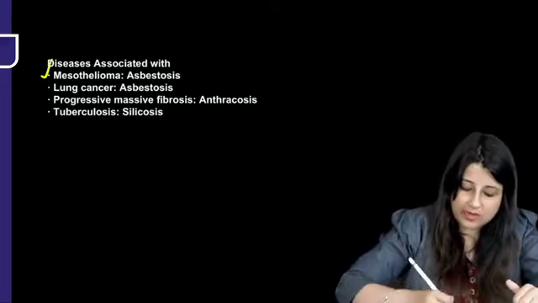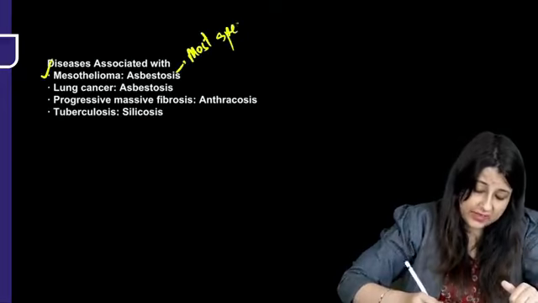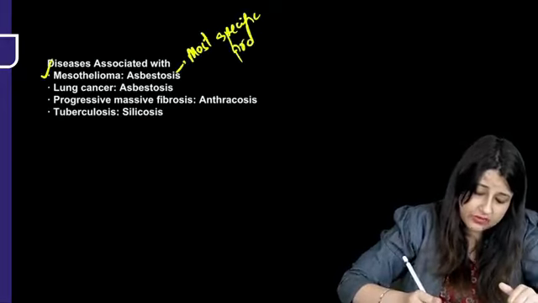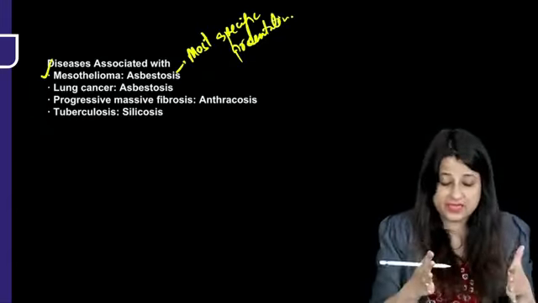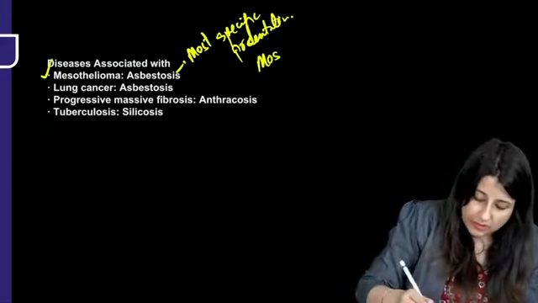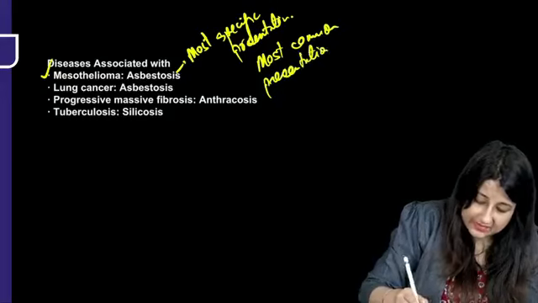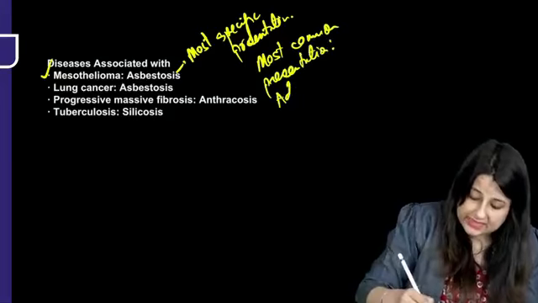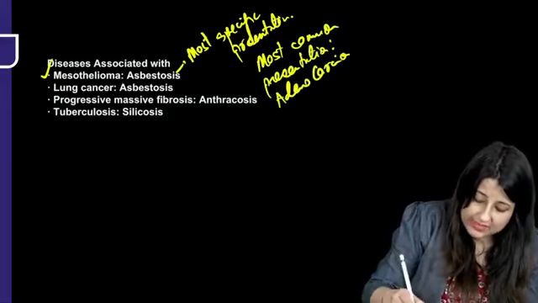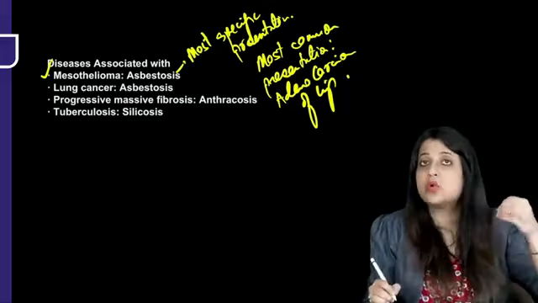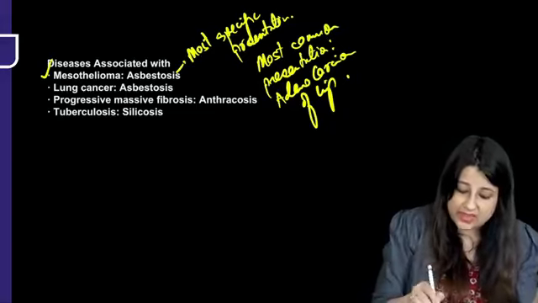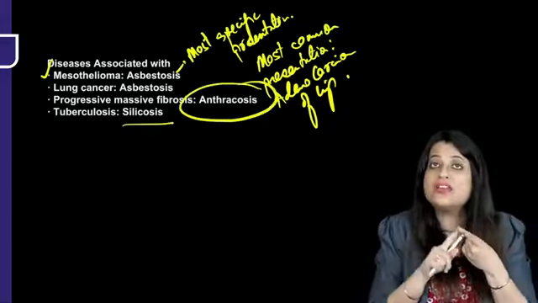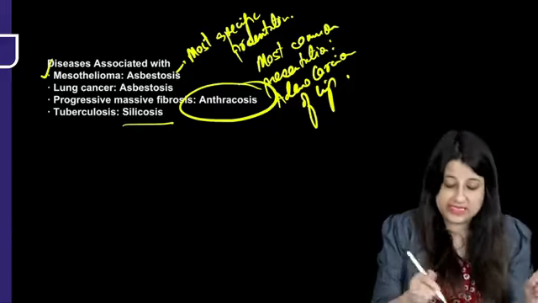Mesothelioma is the most specific presentation of asbestosis. Asbestosis leads to cancers. Most specific is mesothelioma. But the most common presentation in asbestosis, if anybody asks you, is adenocarcinoma of lungs. But what is the most specific presentation? That is mesothelioma. Progressive massive fibrosis is seen in anthracosis, and one occupational exposure which is associated with TB,